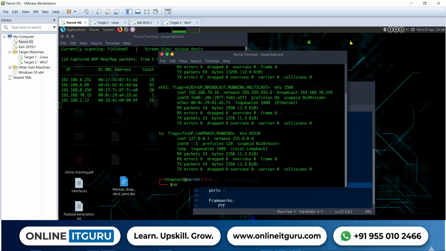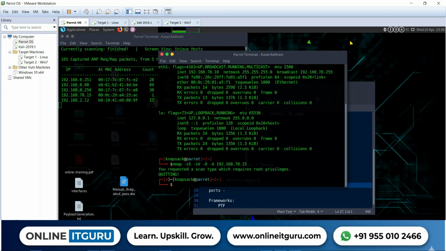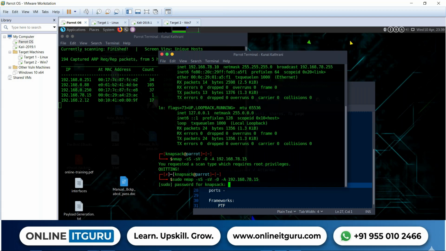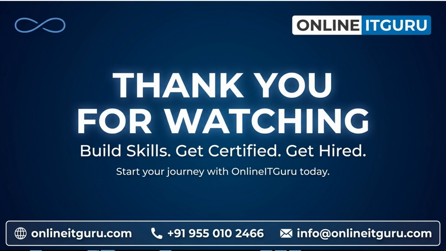So let us do an nmap scan. When it says you need root privileges, use the sudo command before it. It will ask you for a password. Just put in the password and it will start the scan. Now, all the things that we have passed in the options,